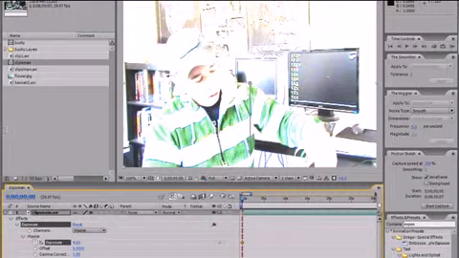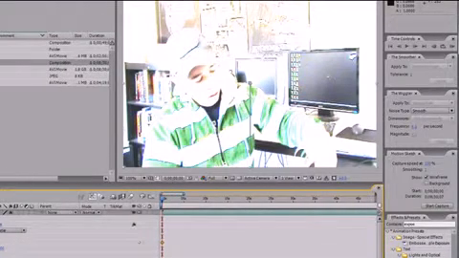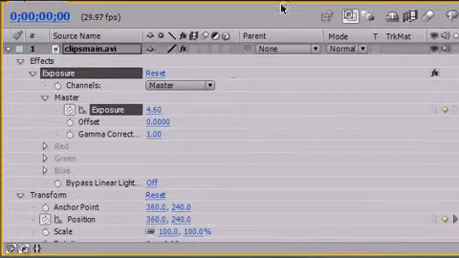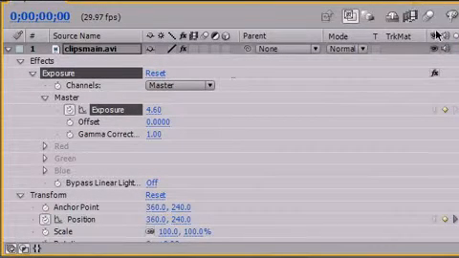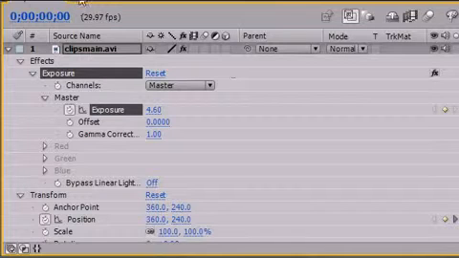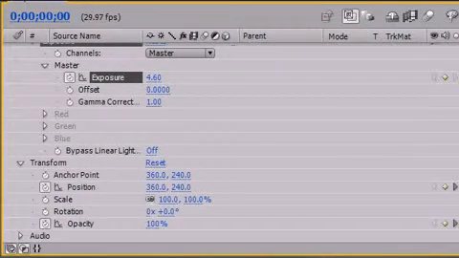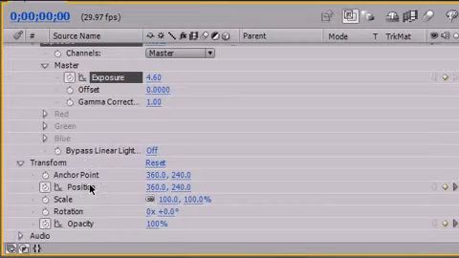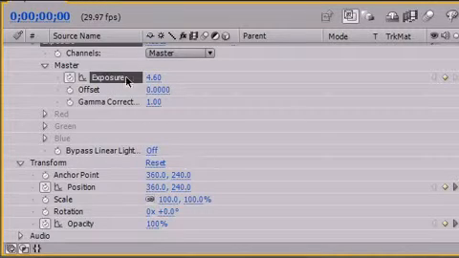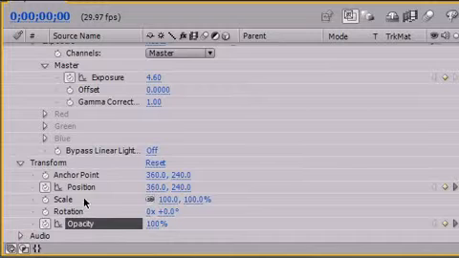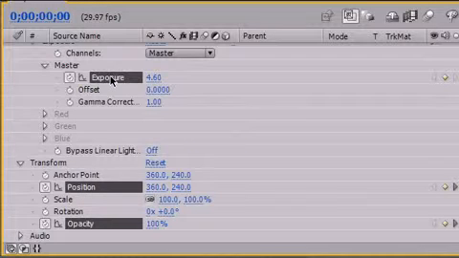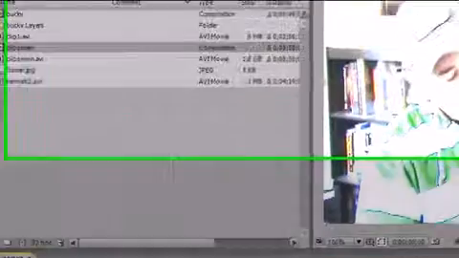So now let me show you guys what a preset is. A preset is a way where you can save all of these things so you can reuse them later on. So let me go ahead and expand this right here, and there we go. So anytime you want to save any of these settings and apply it to another layer, all you have to do is control click the ones you want to use. So I want to use exposure, position, and opacity. So I'm going to click opacity, hold down control on my keyboard, click position, and then go ahead and click exposure. Now once I have those selected, what I'm going to do is go up to animation right here